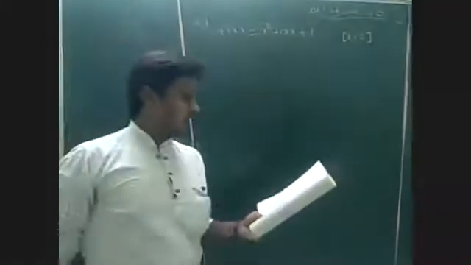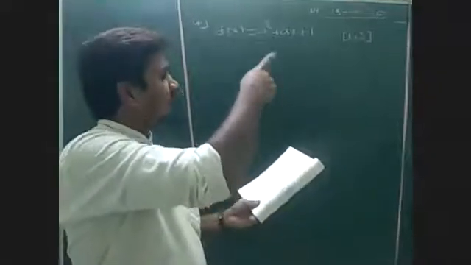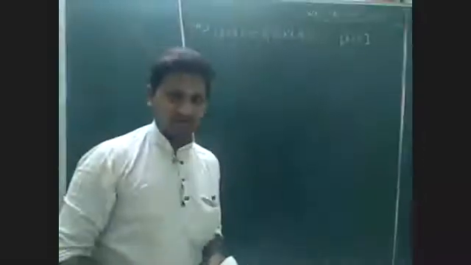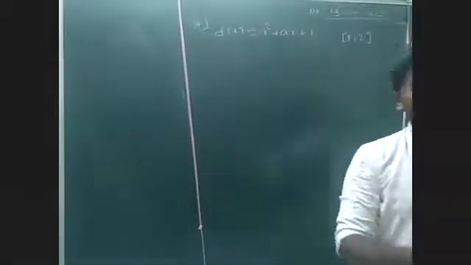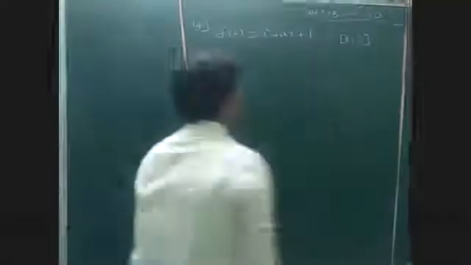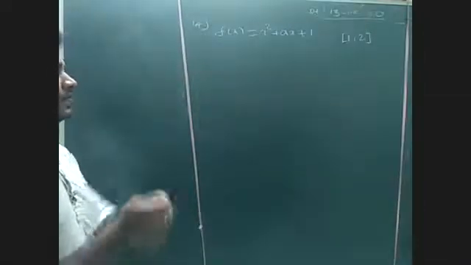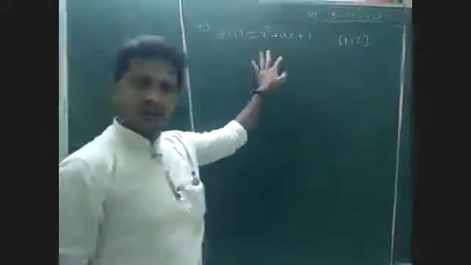In this book, they gave find the least value of a such that the function f is strictly increasing on the open interval 1 comma 2. Anyway, here we need to find a when it is strictly increasing in the closed interval. Okay, as you said, closed interval. Let's see here.